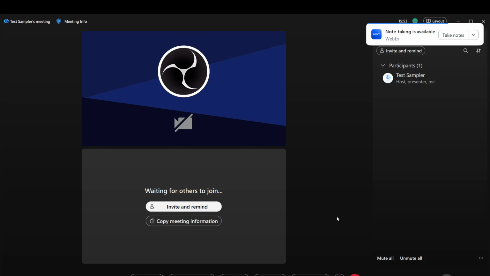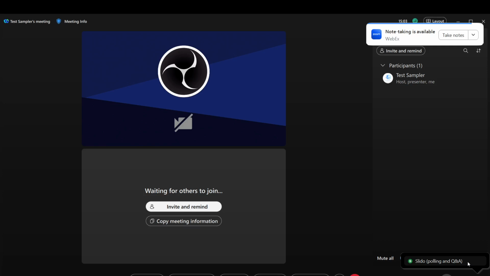Next up, click the three-dot icon at the bottom right of your screen. This icon typically represents additional options. When you click it, a menu will pop up with various functionalities for your meeting. This is where you find tools to enhance your meeting, including the option to create polls. It's a handy feature that streamlines the process.